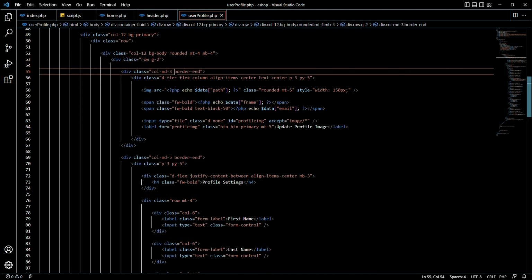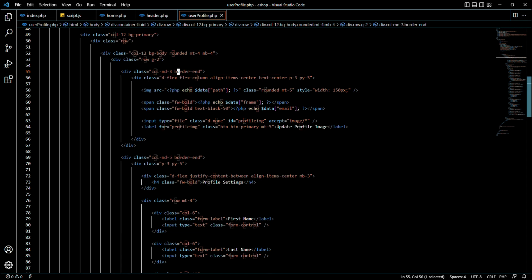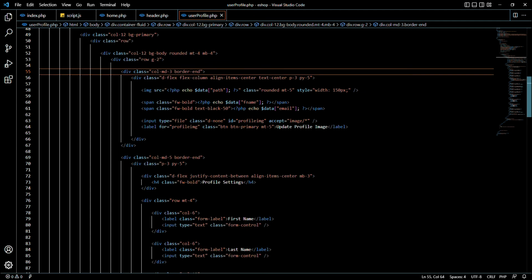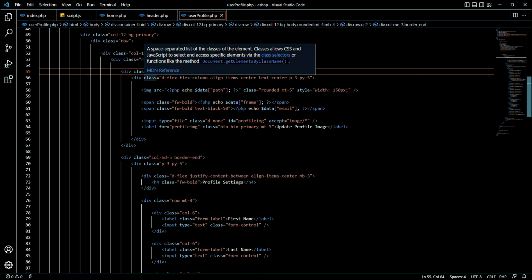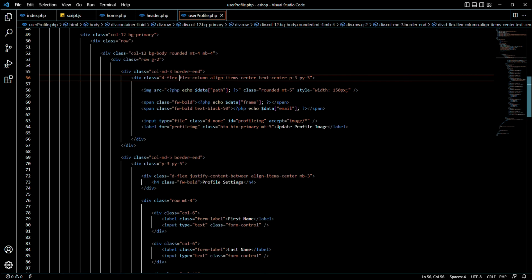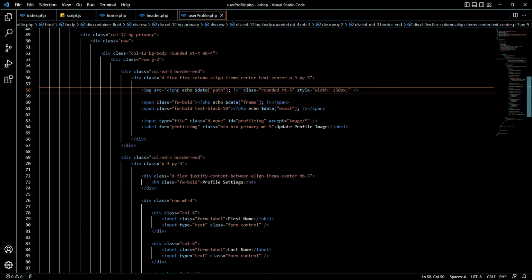So for medium devices we have asked for a space of 3 columns to be taken, and it's at the end of our border. We'll be having a border, and we have created another display flex flex column, align item center, and the text will be aligned to the center with a padding of 3 and a vertical padding of 5. And here we have asked our image to be linked, so our image path will be pasted here,